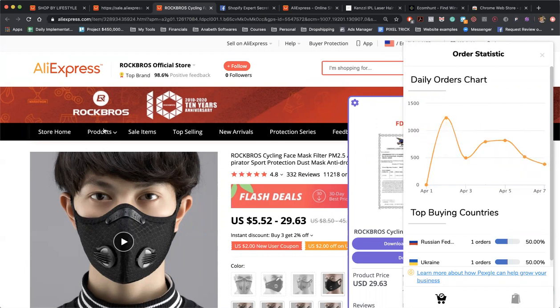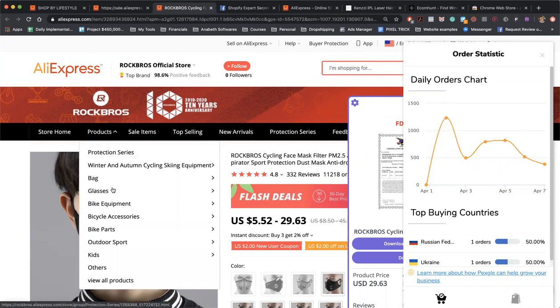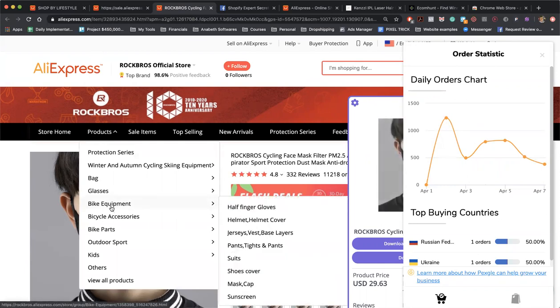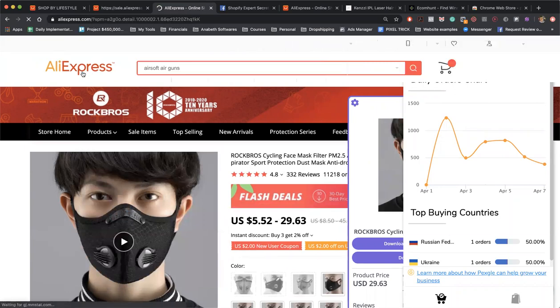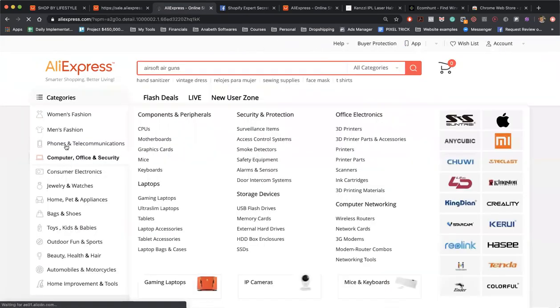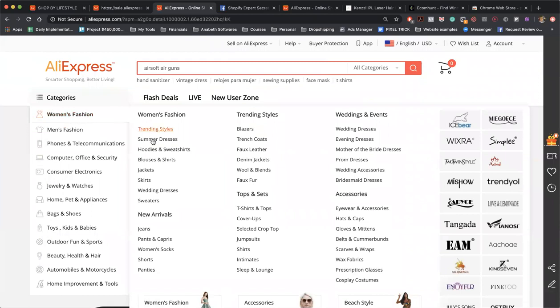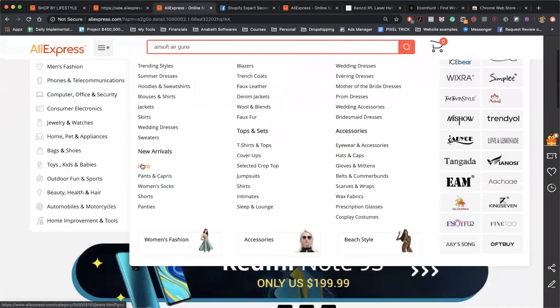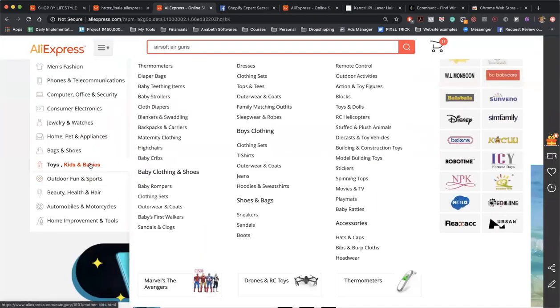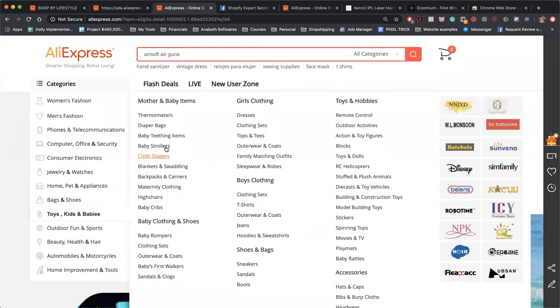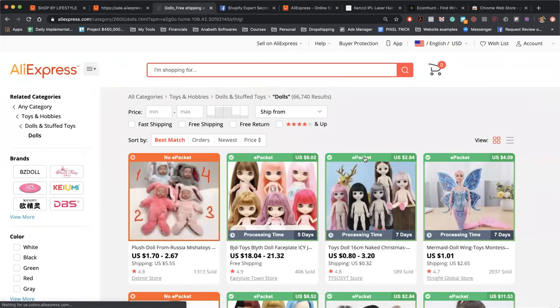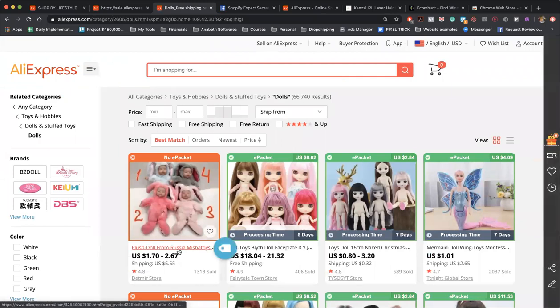This is another, let's just do one more product. People are not really riding bikes, so let's just go back. And let's see women's fashions. Now, people are not really into fashion these days. So toys, because a lot of kids are staying home. So let's look at some toys, right? So toys and dolls, right? So these plush dolls,